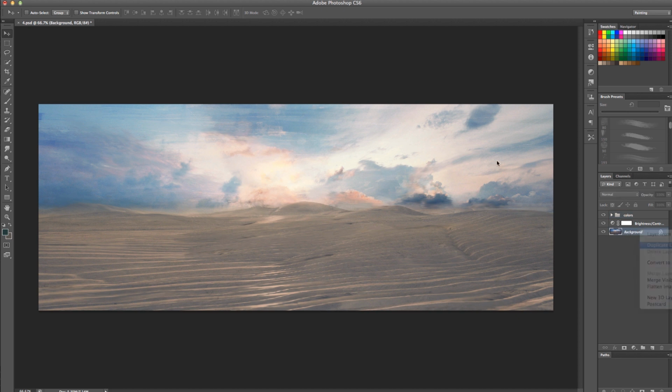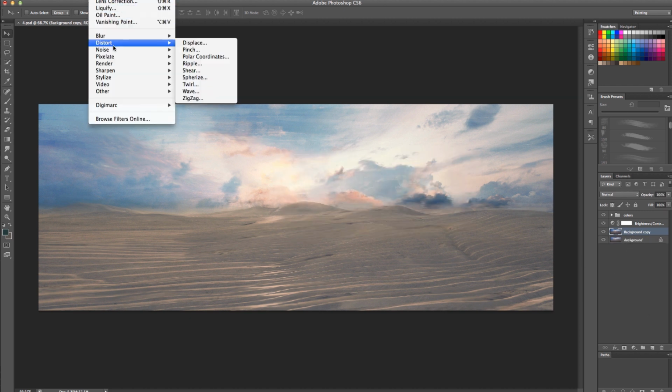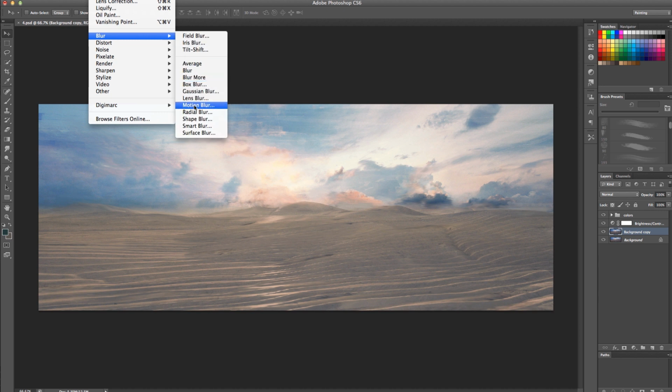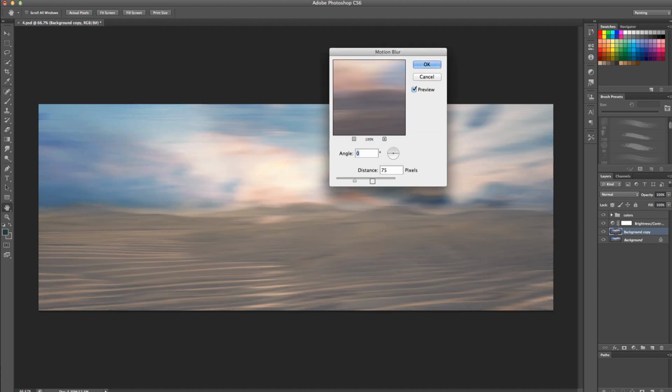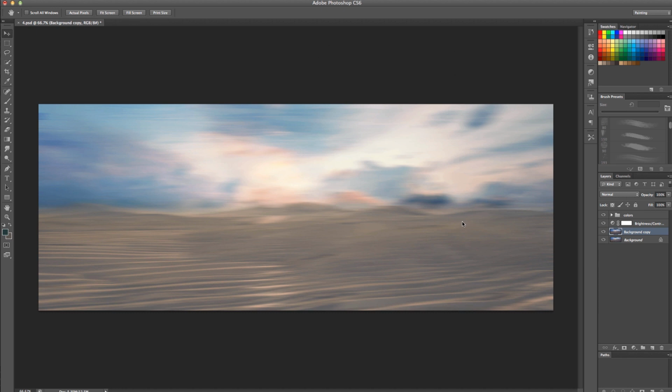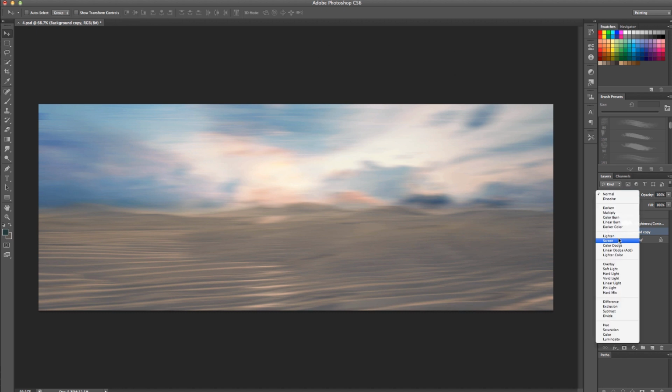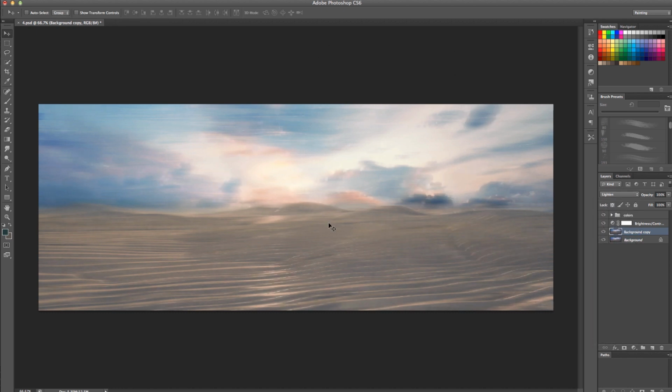So just for a last touch, we'll duplicate that, and we will do a little blur just to create some wind, little motion blur. Okay, so that looks a little bit quick. Let's change that to lighten, and you can see it's creating an effect of the wind sort of coming across the sand, and there it is, off and on. And you can see that it just makes the image a bit